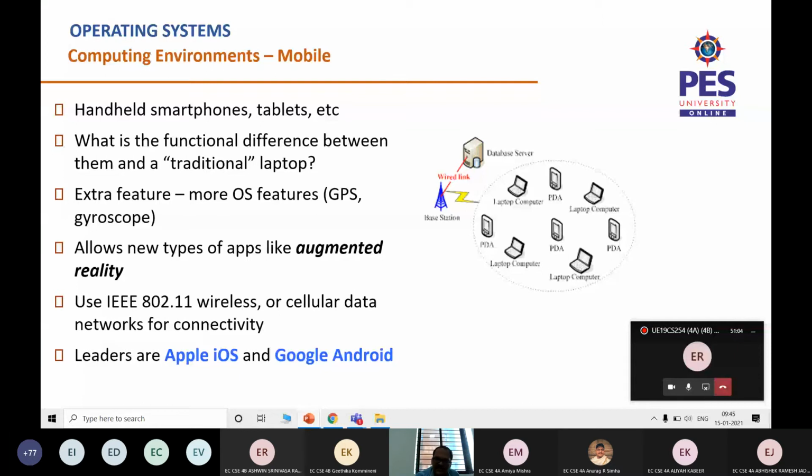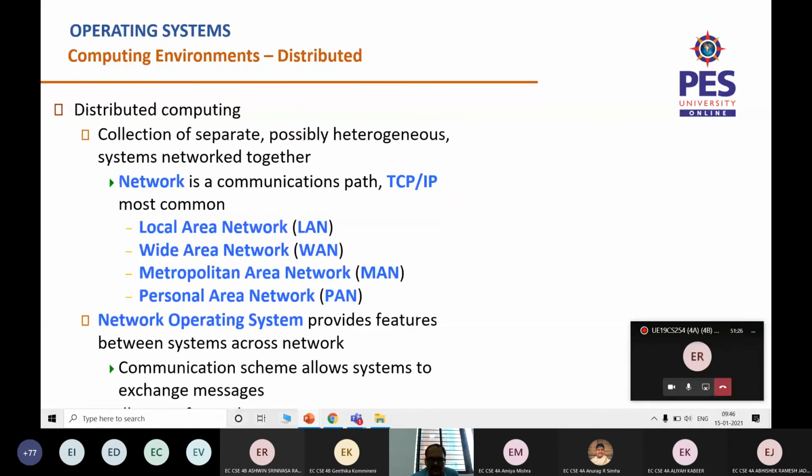So these are some of the limitations in the mobile computing environment with which we have to be familiar. In spite of that, there are two variations of the OSs that are popularly used. One is Apple iOS and the other one is Google Android. There are different flavors of it. I hope you are familiar with those things.